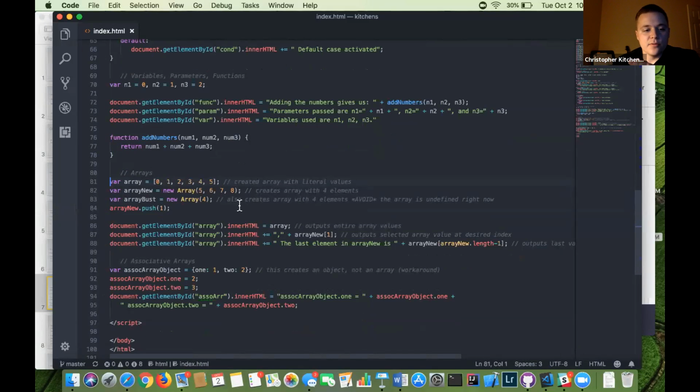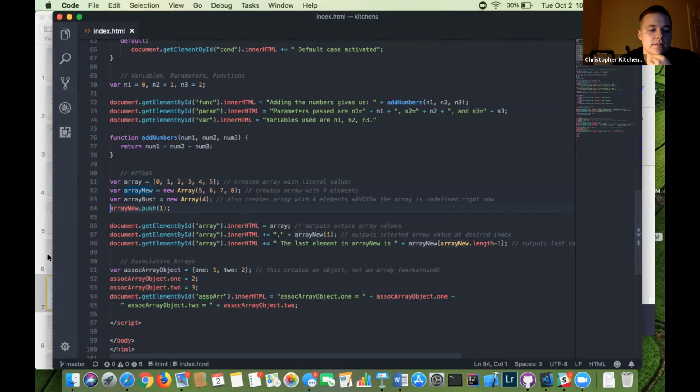The second example creates an array with those values in it, like you would expect, but the third example creates an array with just 4 objects in there that are all undefined. If it's a single number in there, it doesn't create a new array with the value of 4, it creates a new array with 4 different elements that are all undefined. So if you can help it, just stay away from it, especially because you have the push function with arrays in JavaScript, where you can just add on to it, and it just adds it to the end.